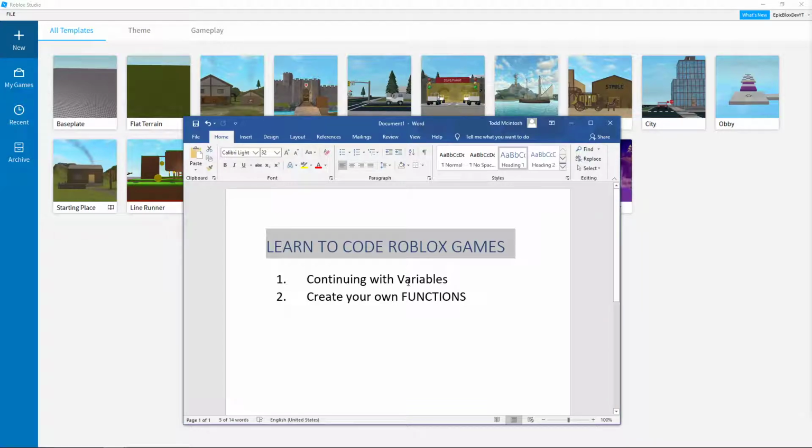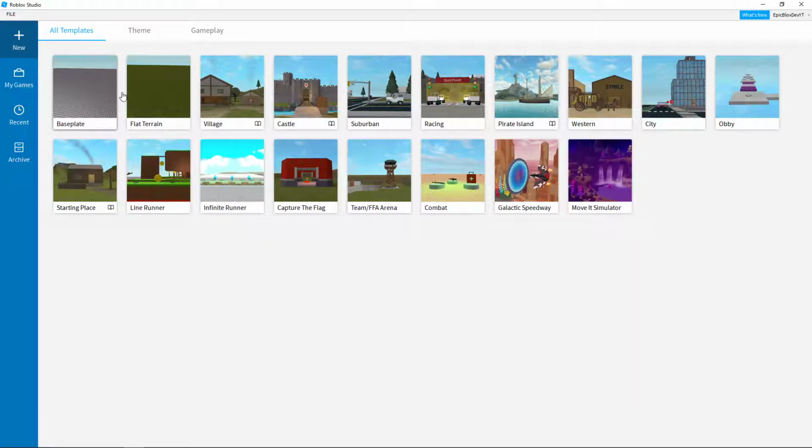In the last video, we looked at variables and what they do, and we're going to continue with that today and then look at functions. So let's get straight into it. We're going to click on a base plate,